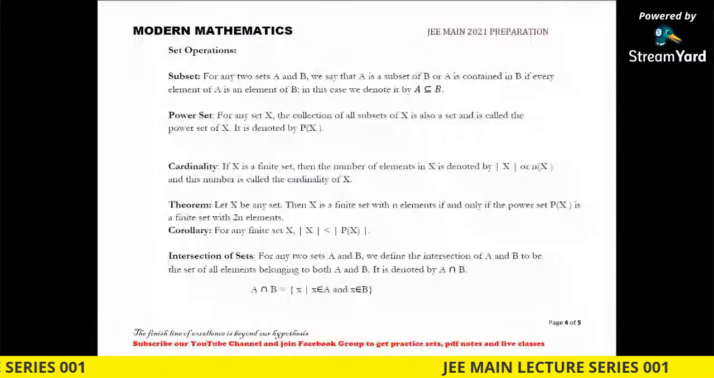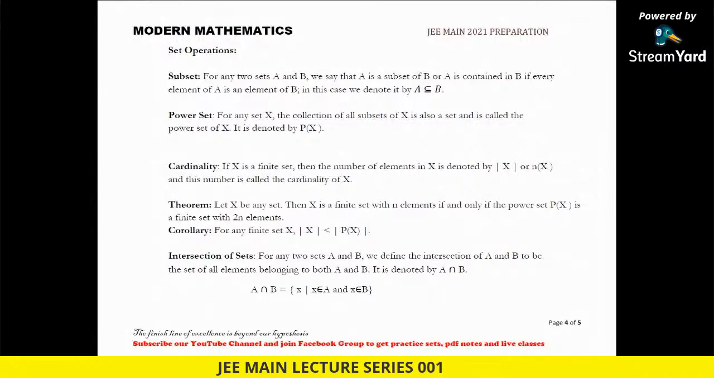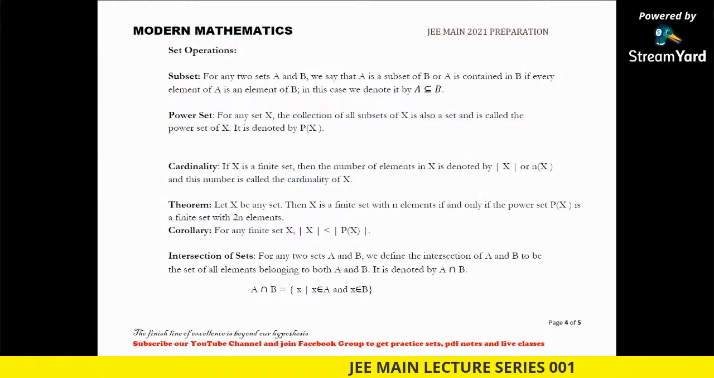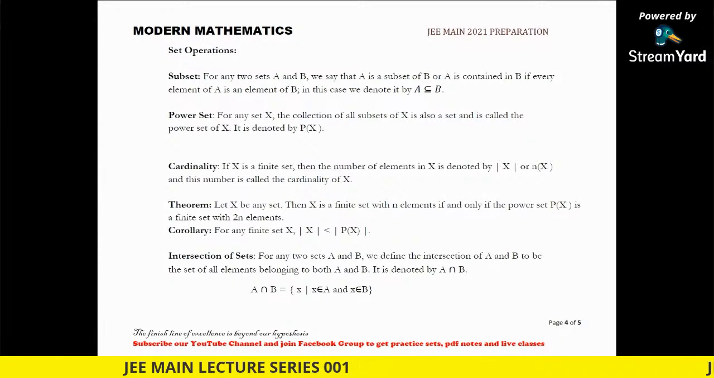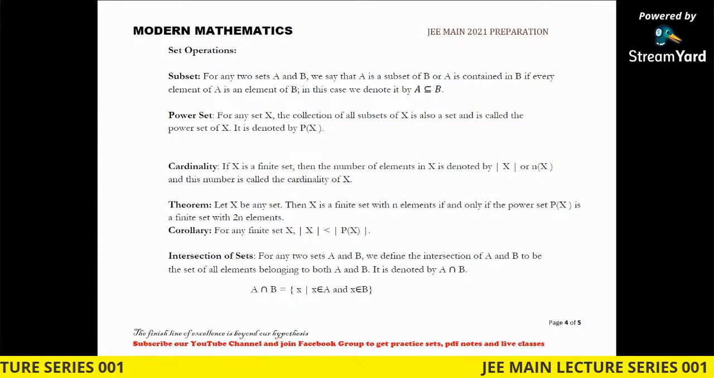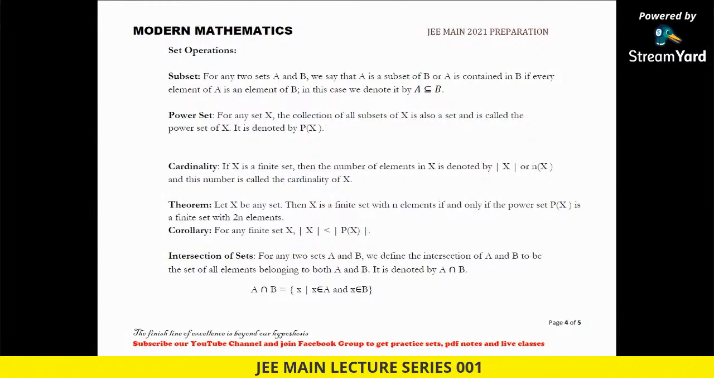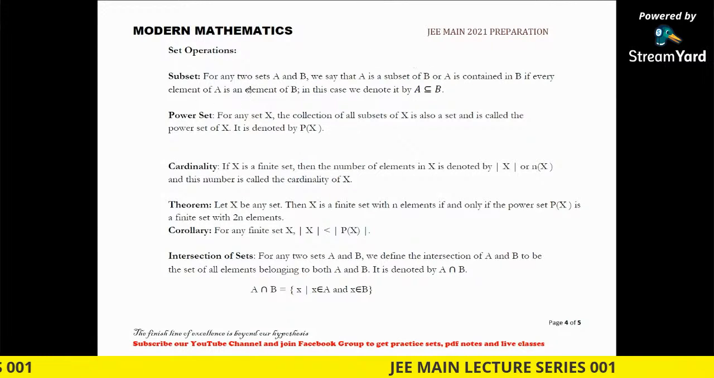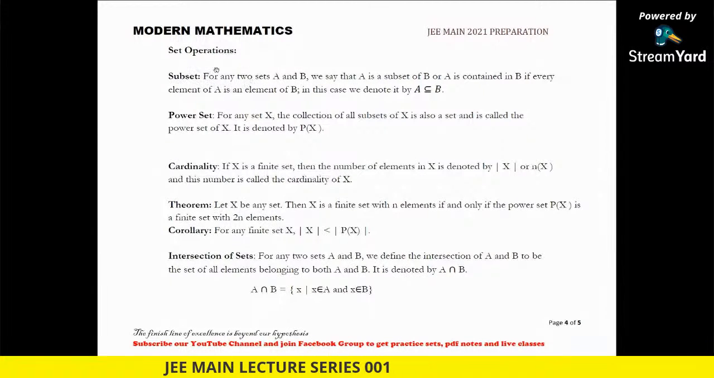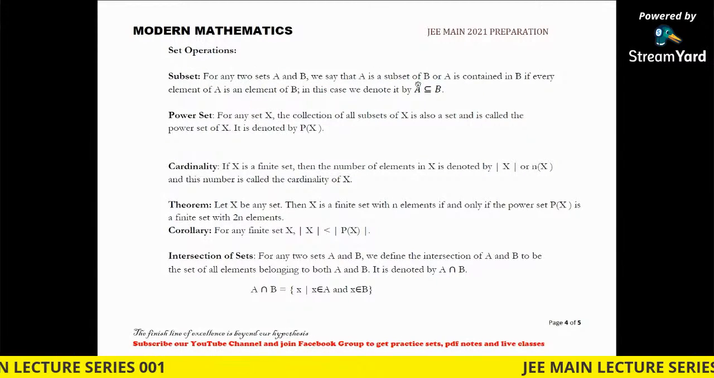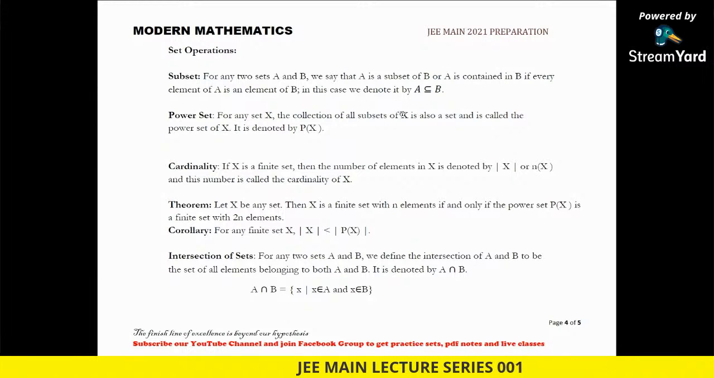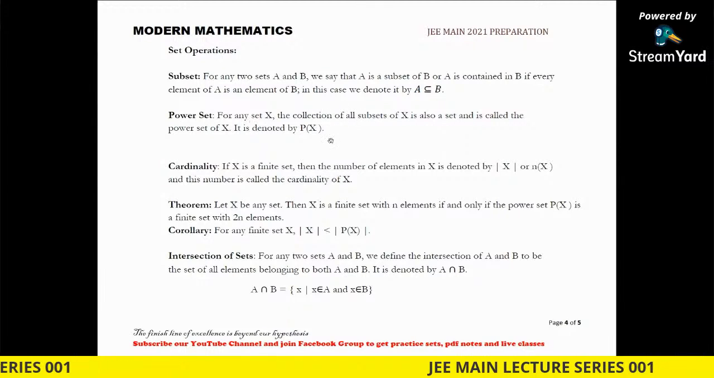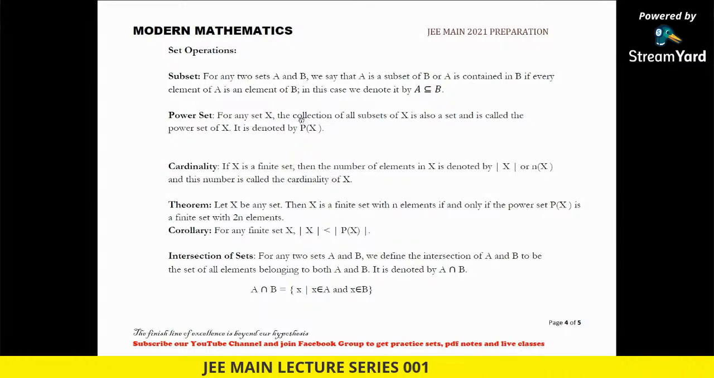Next is the power set. What is a power set? For any set capital X, the collection of all subsets of X is also a set and is called the power set of X, and it is denoted by P(X). That means, suppose you have a set, you can define so many subsets of this set. Just a few seconds ago, we learned subsets. The collection of all possible subsets of a set is called the power set. Okay,